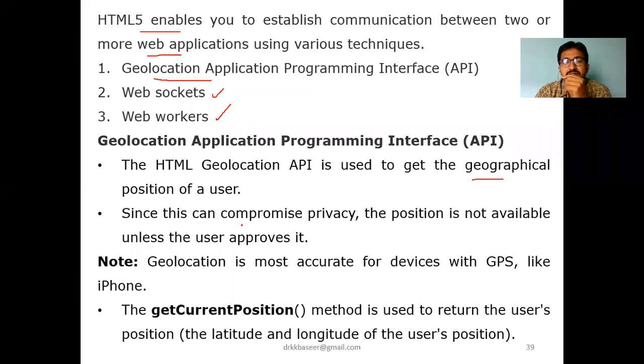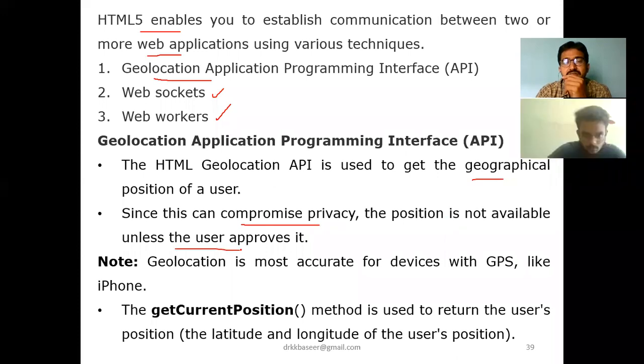Since this can compromise privacy, the position is not available unless the user approves it. It means unless you allow it, the browser will ask you to allow, deny or block. Only if you allow it can it try to access these things, right?